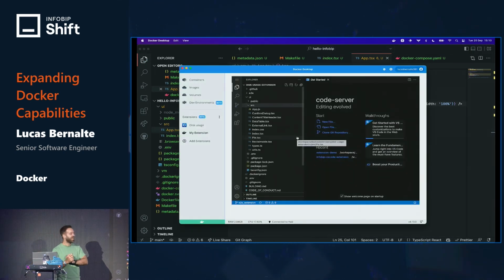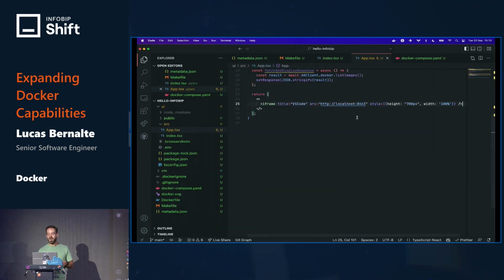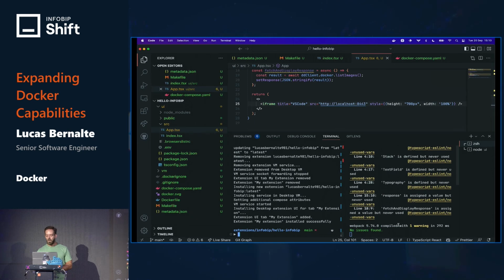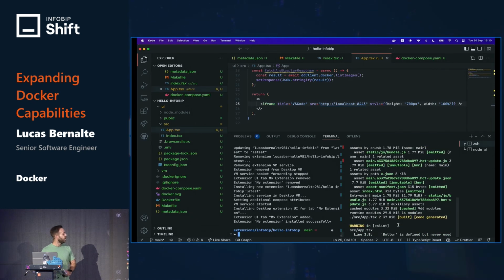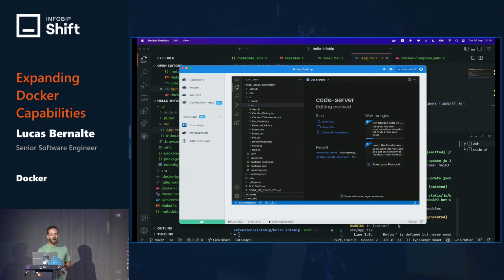All right, I didn't expect that. So yeah, what happened here is that the extension was built under the hood while I was changing the front-end code. So it was already having that in place and having Code Server installed. And as I was doing the hot module reload enable, and the extension was up, so it picked up VS Code,